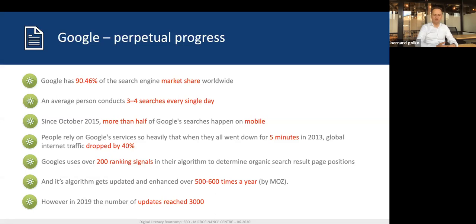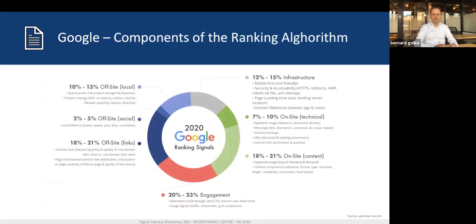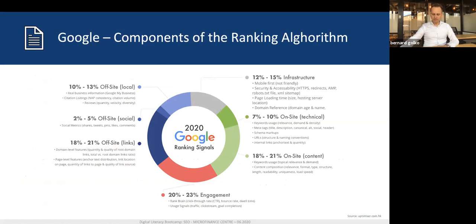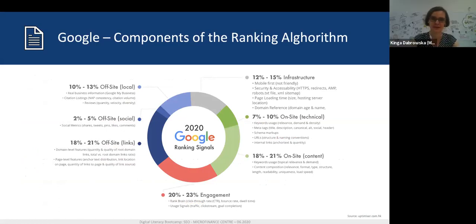The quality of the website needs to be true, needs to be dedicated to the customer and its intent. So in other words, just to give people the possibility to breathe, because you already, Bernard, provided a lot of interesting information, you could just hear a few reasons why we focus on Google, because they have more than 90% of share, and also they have a few interesting characteristics which Bernard is going to talk about later,